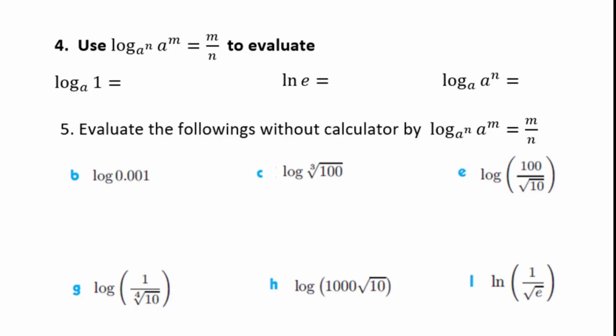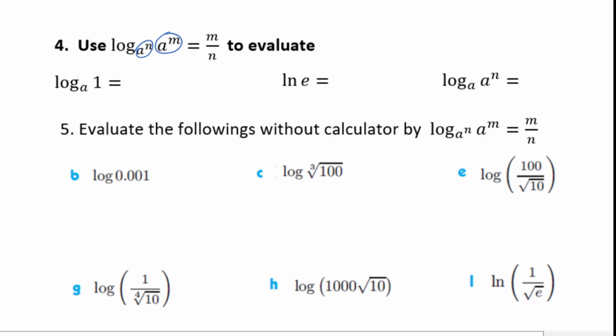Today's video is about evaluating the logarithm. Question 4. Use log base a to the nth power of a to the mth power equals m over n to evaluate. For this formula, as long as you change the base and argument with the same base, the answer will be the quotient of